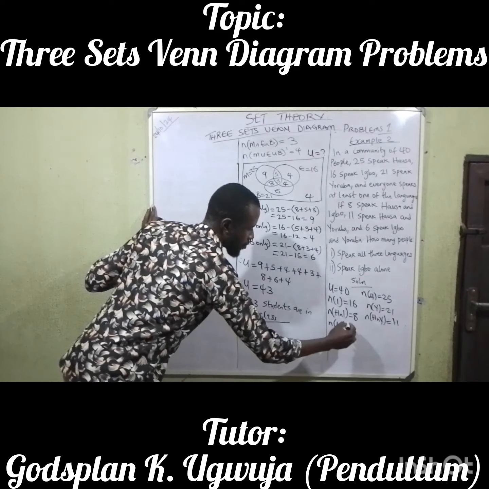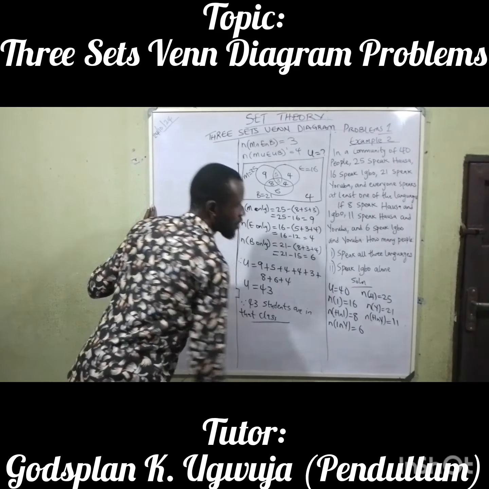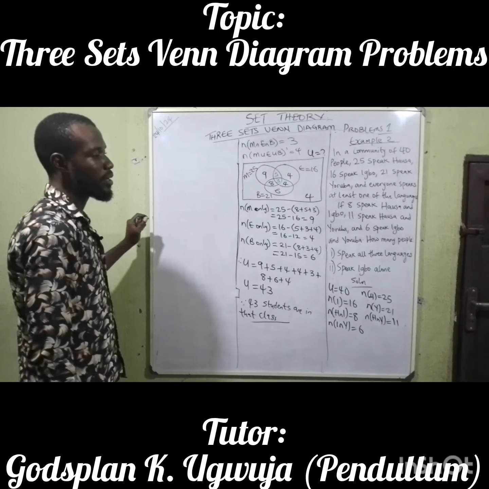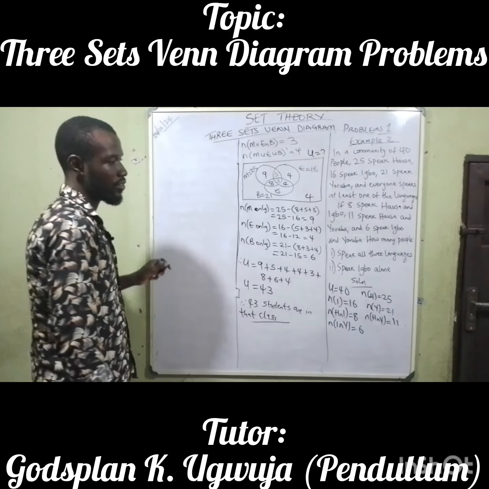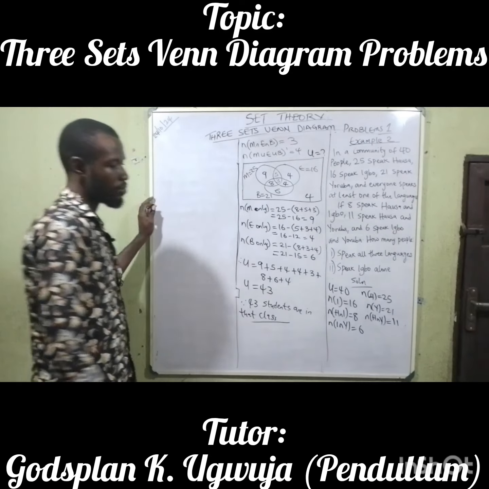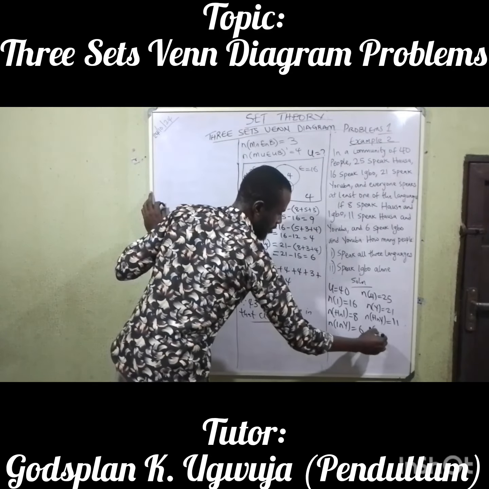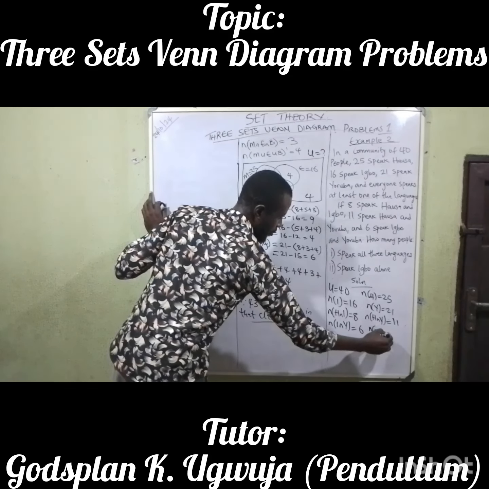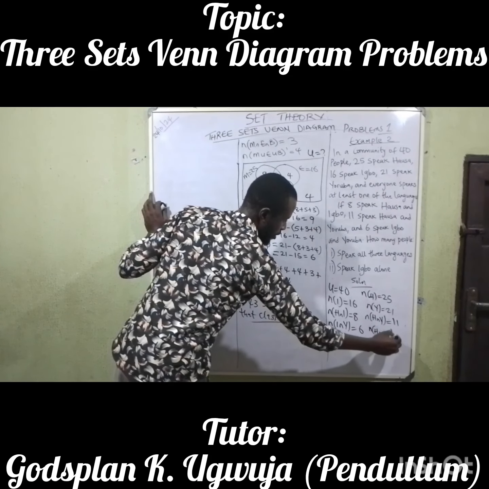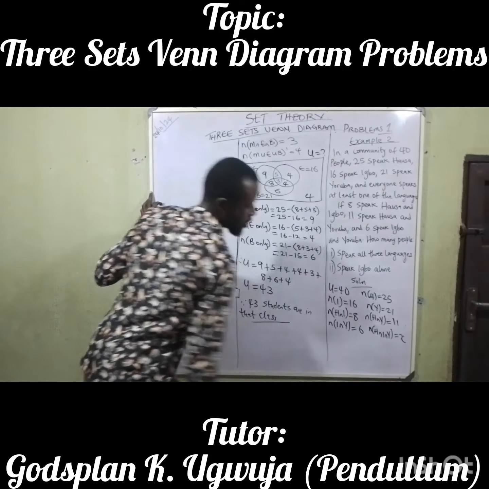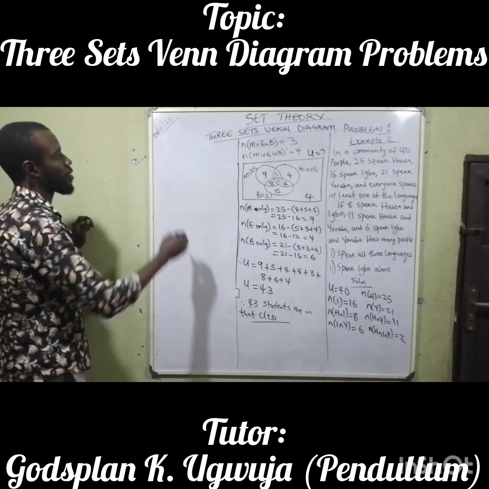Igbo intersection Yoruba 6. Now you are asked to find how many people speak all 3 languages and how many people speak Igbo alone. All 3 languages means Hausa intersection Igbo intersection Yoruba. Let's call that X. Alright, so if we draw the Venn diagram of this,